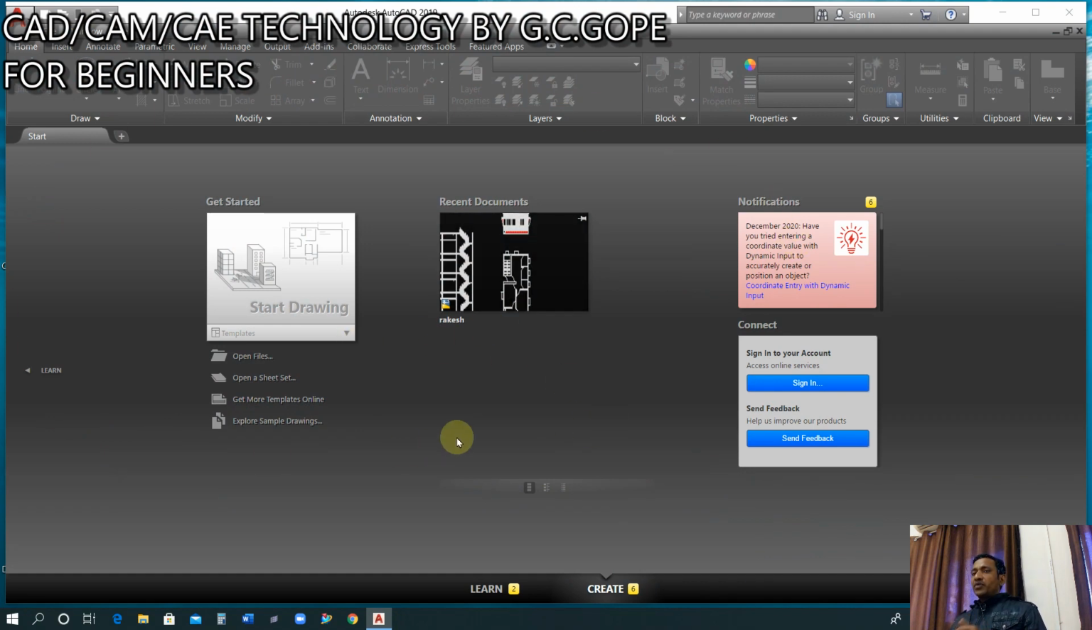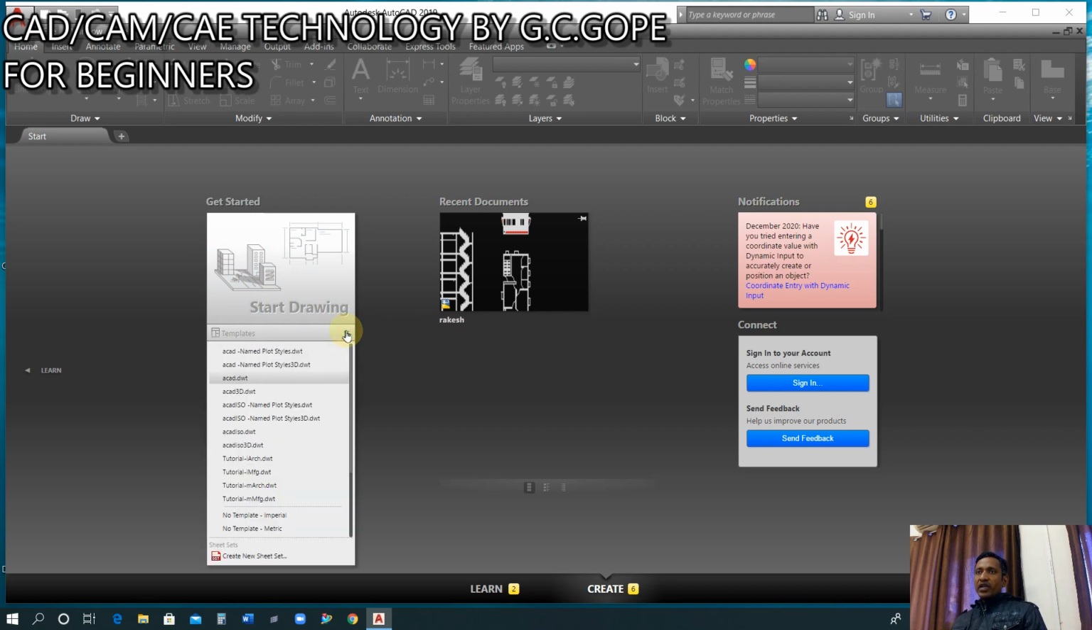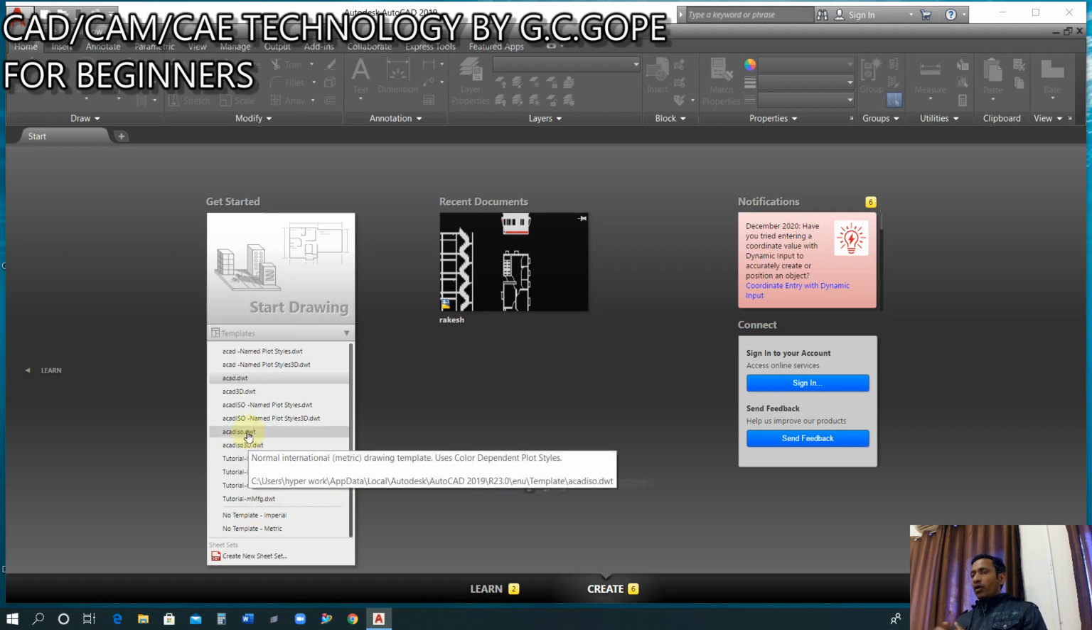So first thing is, whenever we open AutoCAD software, we have to know how to set drawing unit as well as drawing limits. This is the basic requirement for a designer who will design in AutoCAD software. First of all, we can see that we have a template here. As we click here, we can see we have a number of templates. Which one will we select? By default, whenever we open AutoCAD software, we should select acad.dwt